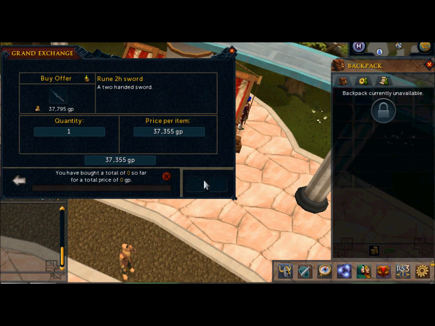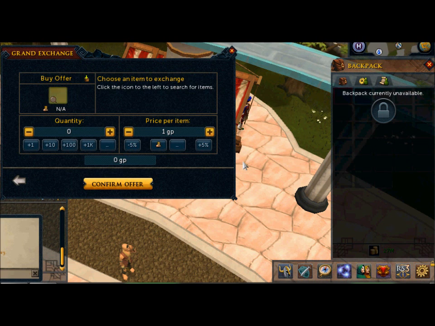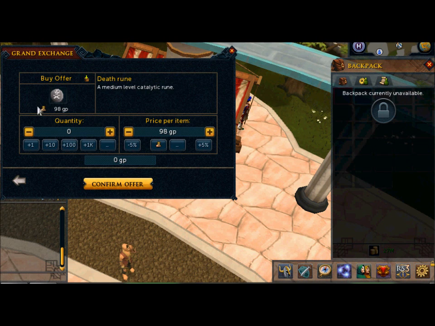I'm going to get rid of this rune 2H. That was just for the purpose of demonstrating. So you can flip stuff like runes, and I think runes have a 25k cap on how many you can flip per hour, and that's not really that profitable, because if you're going to do a death rune, for example, here you've got a death rune, and the